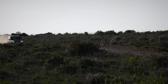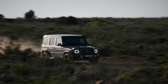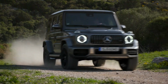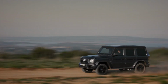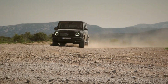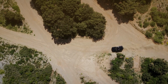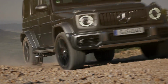just 4.5 seconds. Top speed is sensibly limited to 155 miles per hour, but that's still hugely impressive when you factor in the aerodynamics, which are roughly on par with most small buildings. Put your foot down and you're encased in a symphony of V8 hellfire from the less than subtle side pipes. It's dramatic, to say the least, and a constant devil on your shoulder encouraging you to go fast and make